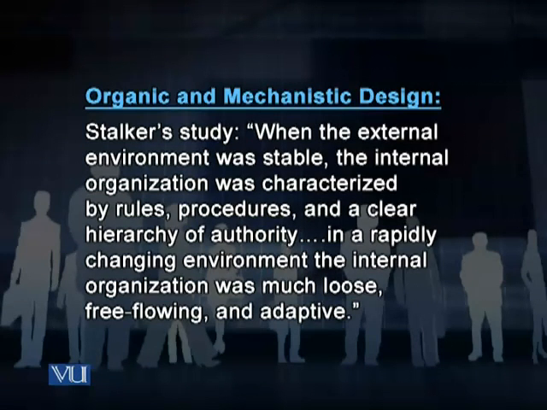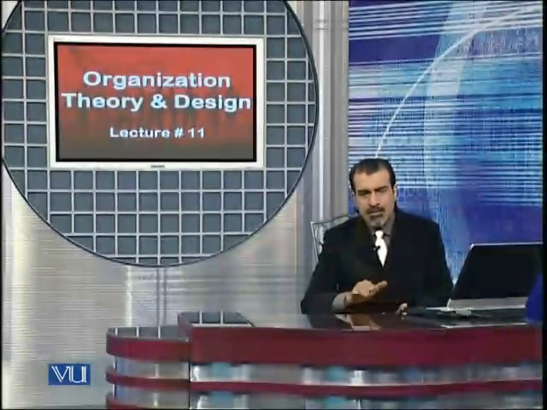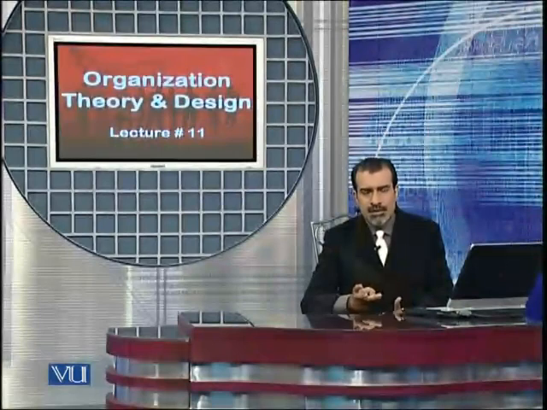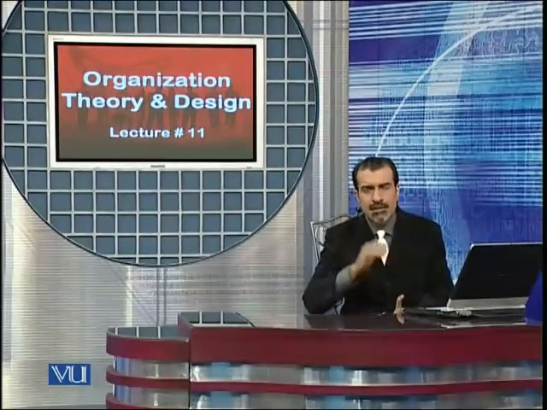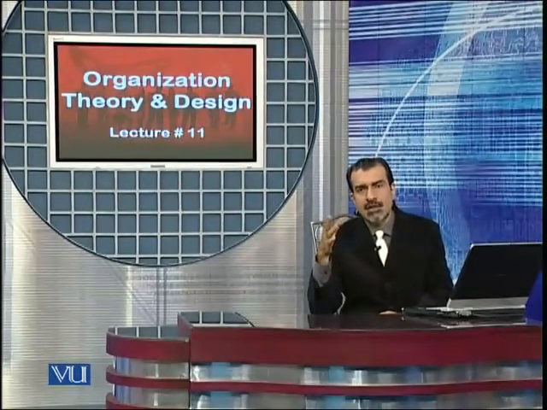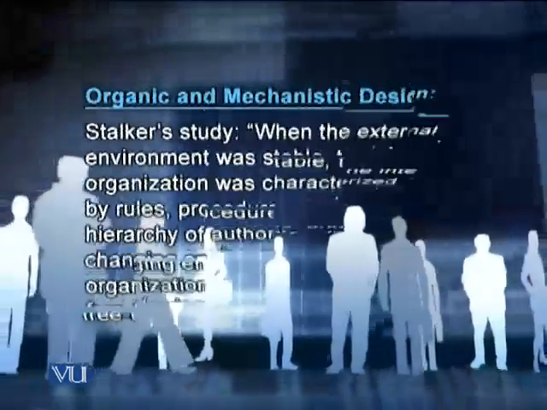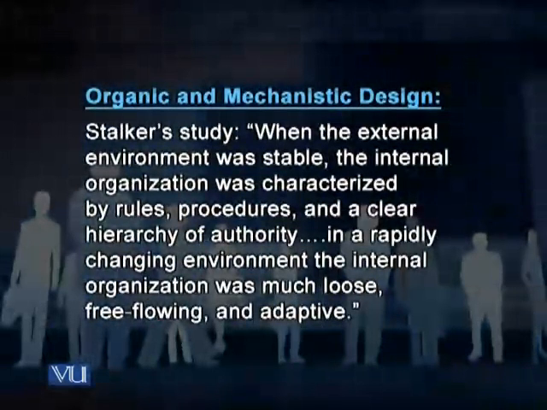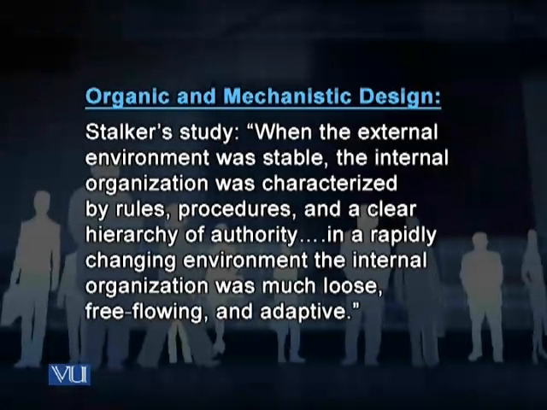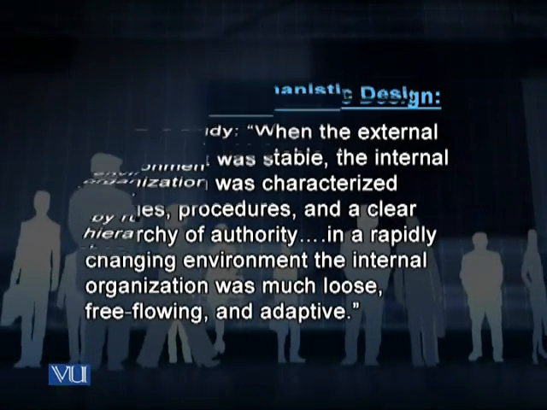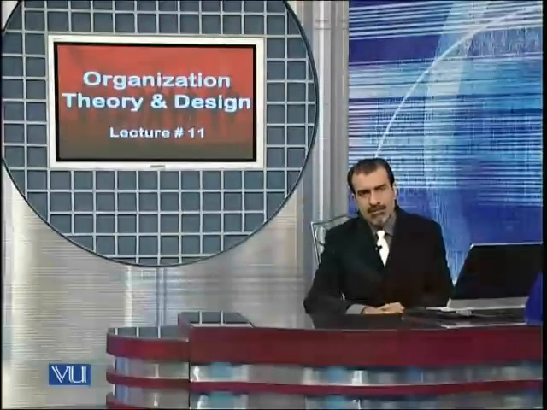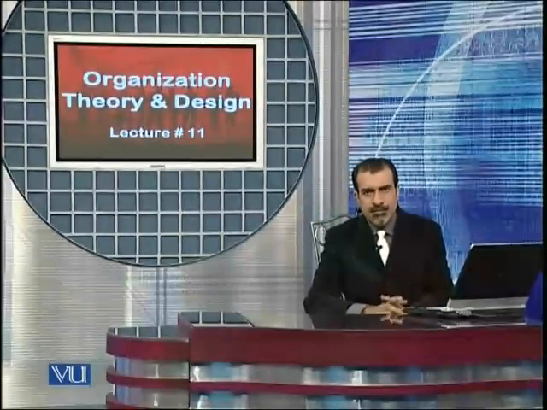ये जो हमने अभी बात की rule of thumb की, when the external environment was stable, तो कंपनी के अंदर फिर क्या होगा? रूल्स एंड रेगुलेशन होंगे, टॉल स्ट्रक्चर होगा, ब्यूरोक्रेसी होगी. And this is exactly what Stocker found out in his study of organizations. And he also found out that in a rapidly changing environment, the internal organization was much more loose, free flowing and adaptive. So ये दो important चीजें उन्होंने find out की कि जहां पर environment stable है वहां पर कंपनी